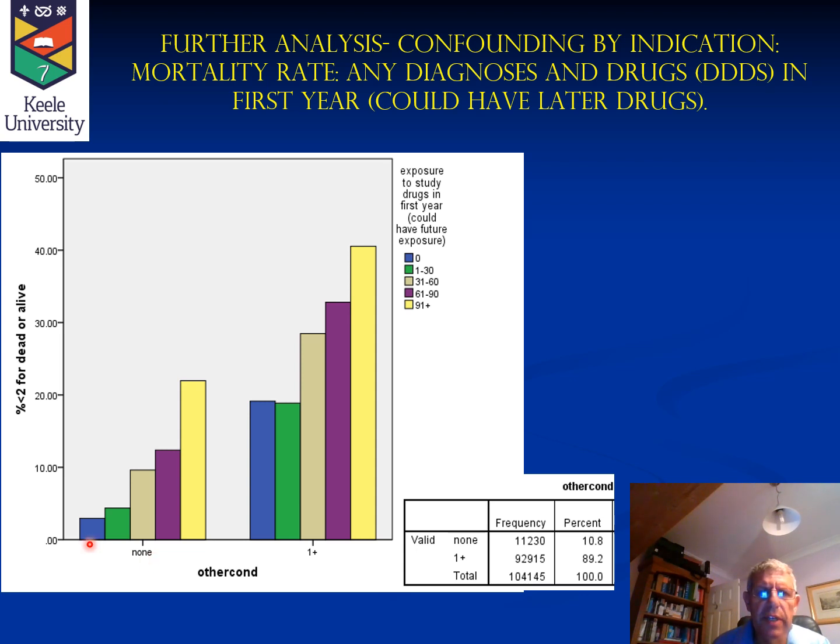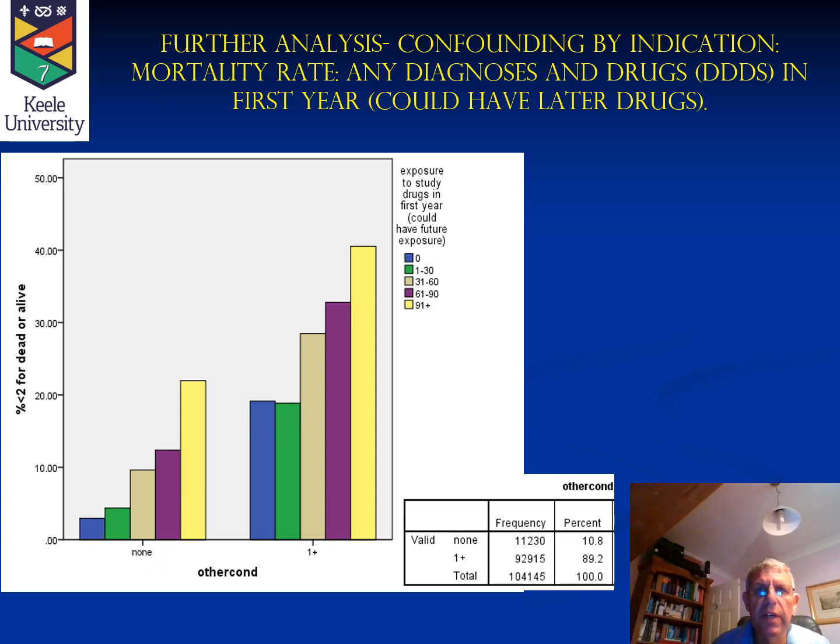So what we see here again is quite a strong dose effect with no drugs down here going up to more than 90 defined daily doses, and here we see the data for people who do have medical conditions. So they generally have higher hazard ratios,